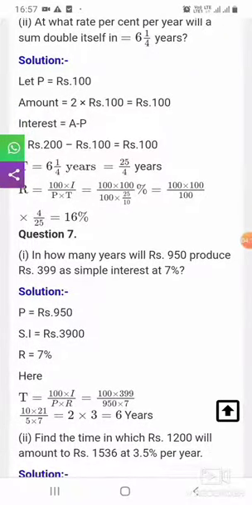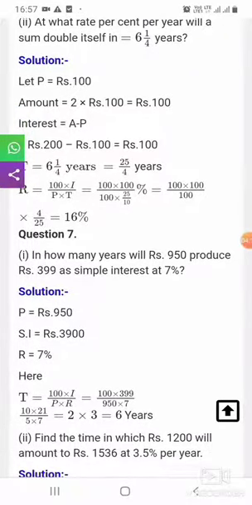So if you cancel this, now 100 into 399 by 7, that is you can cancel with 7. 7 5s are 35, so 35 we are going to get in the numerator, and for 35 again we are going to have simplifying this, so 2 zeros you can cancel, 10 ones, so 5 2s are 5 19s. Okay, so now we are going to get 2 into 3, that is 6 years of the time. So in 6 years you can make 950 rupees amounting with simple interest of 399.